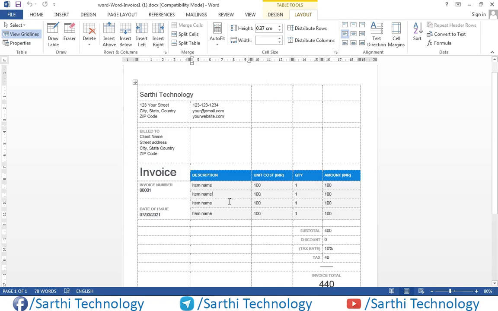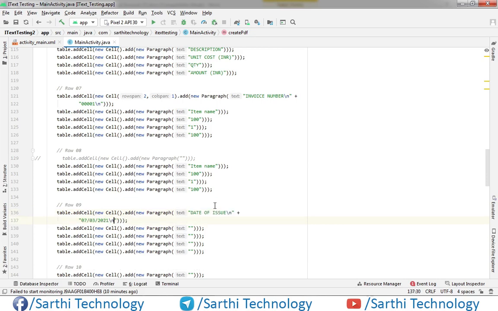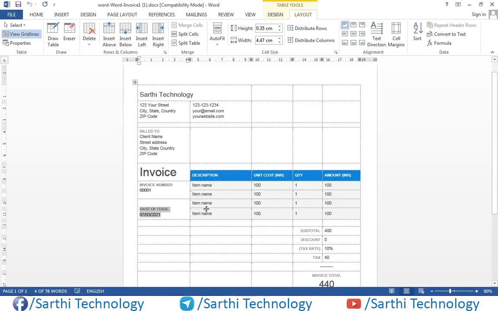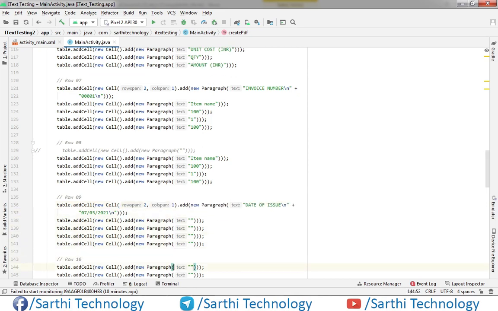And here we need to add this: row number 9 and column 1. Also remember to make this span, so 2,1, and make this a comment.